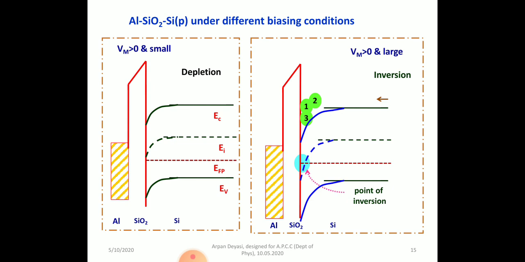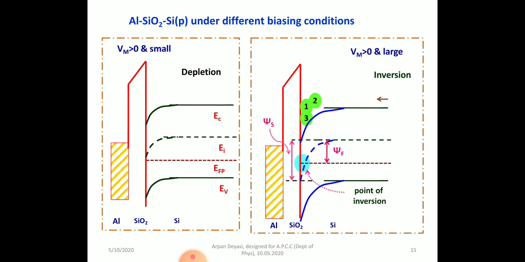So that's the most important part of this analysis, how the inversion occurs in an aluminum-silicon dioxide-silicon P-type device. It may happen for a silicon N-type device, just the band will be bent in a different direction. If it is downwards in that case, it will be upwards. So we will get the condition of inversion